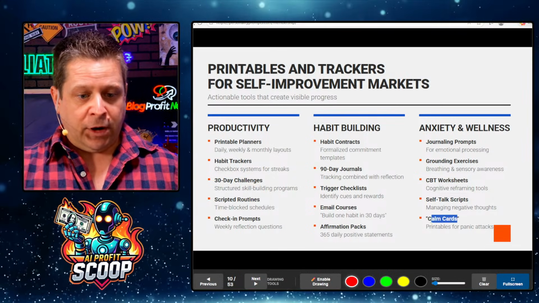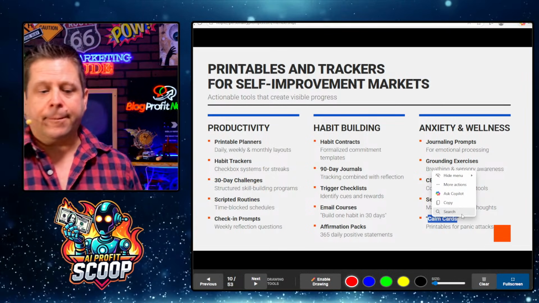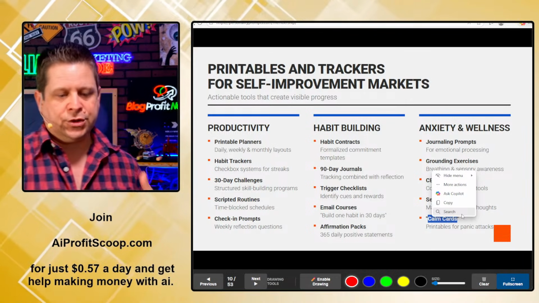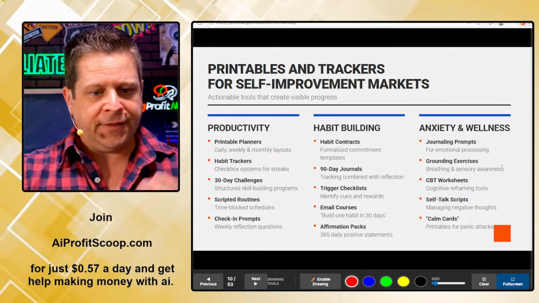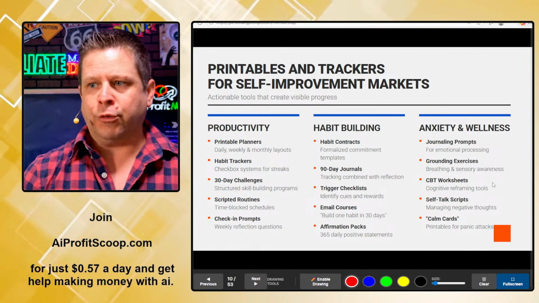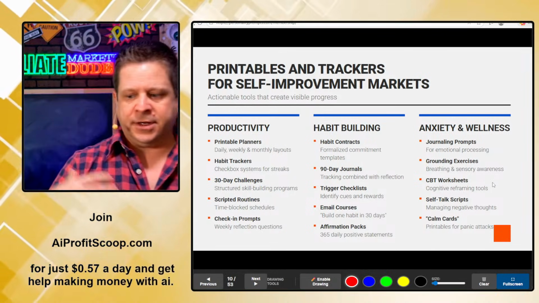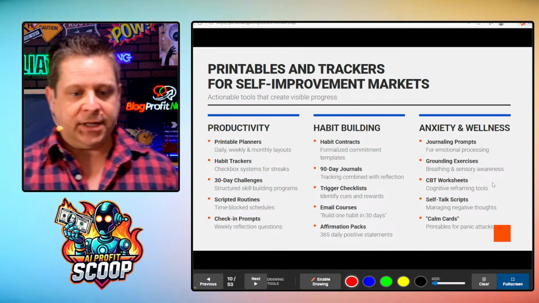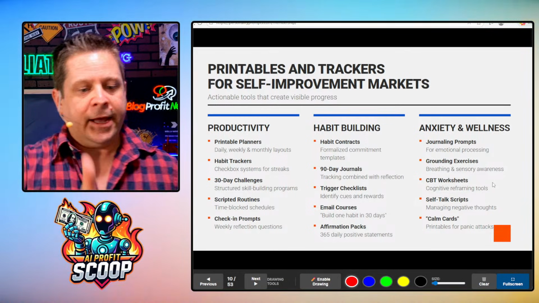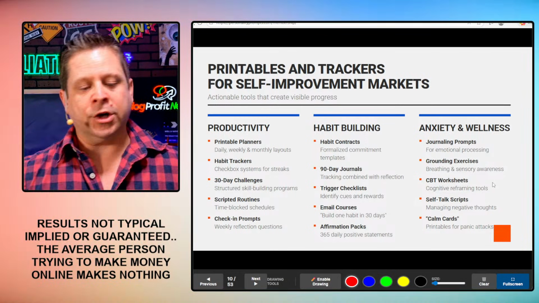Like maybe here you have calm cards. Maybe I can make a membership site of things that people could watch when they're having anxiety or something like that. Or grounding exercises, breathing, awareness, stuff like that could work really, really well. And when you start to pair this with different things, like I have a domain about different types of feelings and calm cards and stuff like that, that work really well, and then we turn that into a niche,